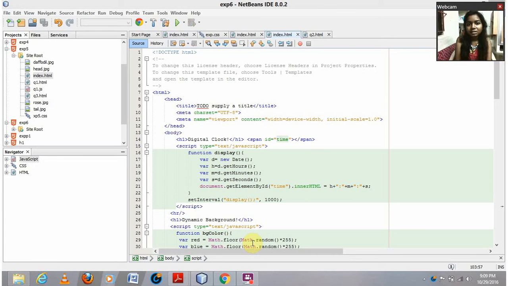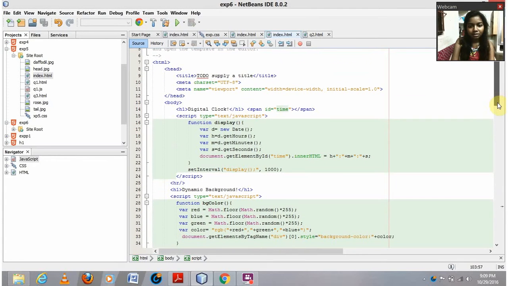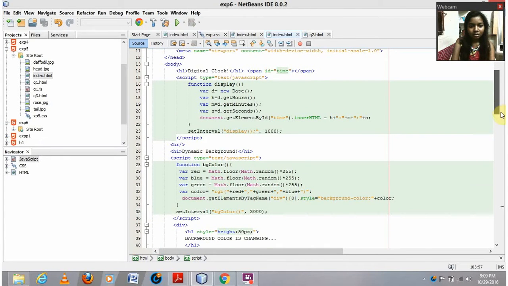This is my 6th experiment of Web Technology Lab. In this there are 5 questions. In the first question I have to show a digital clock on my web page, and in the second question I have to change the background color randomly every 30 seconds, and then for